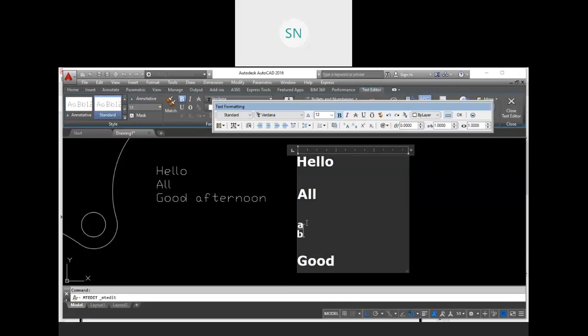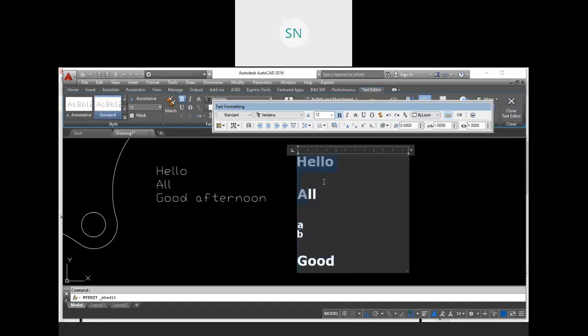So you can annotate it like this. Also we have a text arrangement. So the environment to operate this text is almost similar to the Microsoft Word environment.